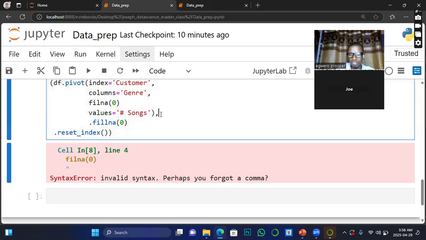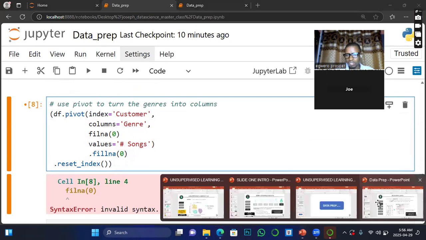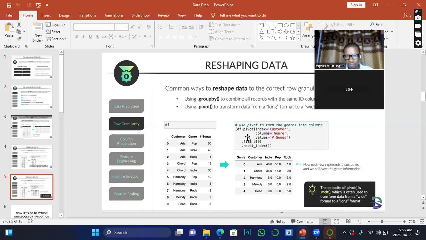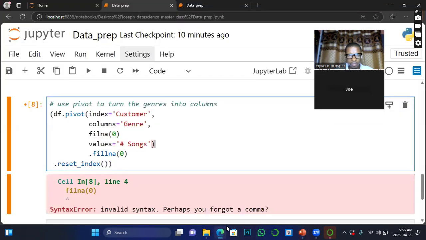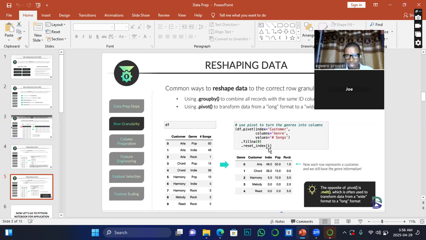I'm trying to find out exactly what is not right. It's a syntax error. We have to close. Let me see what I have. So we have it here. I also have to be checking, there's a place where probably